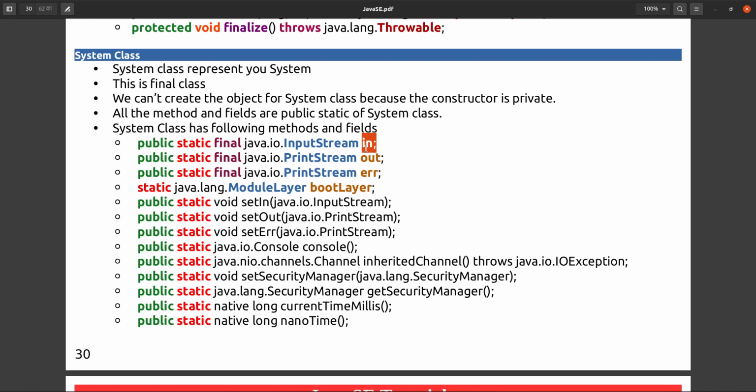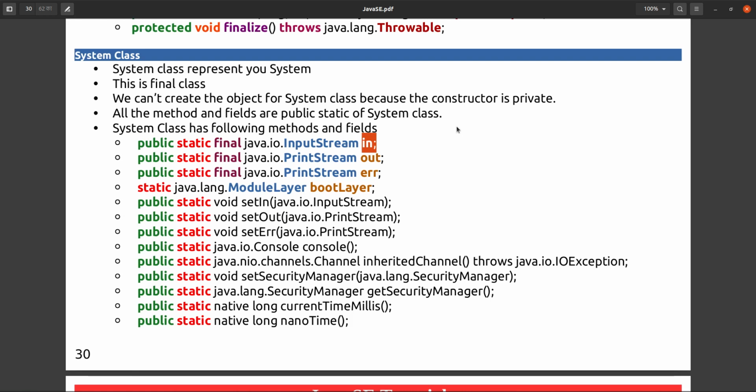If you want to change the input stream, to take input from a file or from some channel, you can do that using the setIn method. You just give the input stream, and your program will start listening on that input stream.